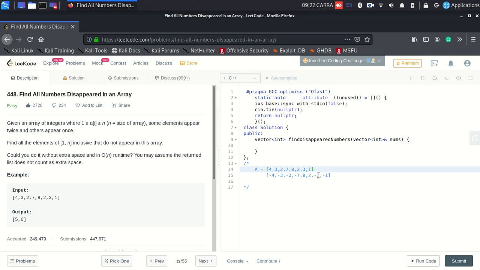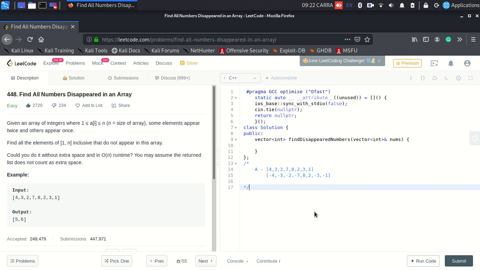If I ask you why my 3 was marked as negative, because 3 was at the index of 1, 2, 3, 4, 5, 6, 7. 3 was at the index of 7. So since I encountered 7 in the original array, that's why my 7th index was marked as present, correct? You get the idea? So if some index has not been marked, that means I have not seen that index